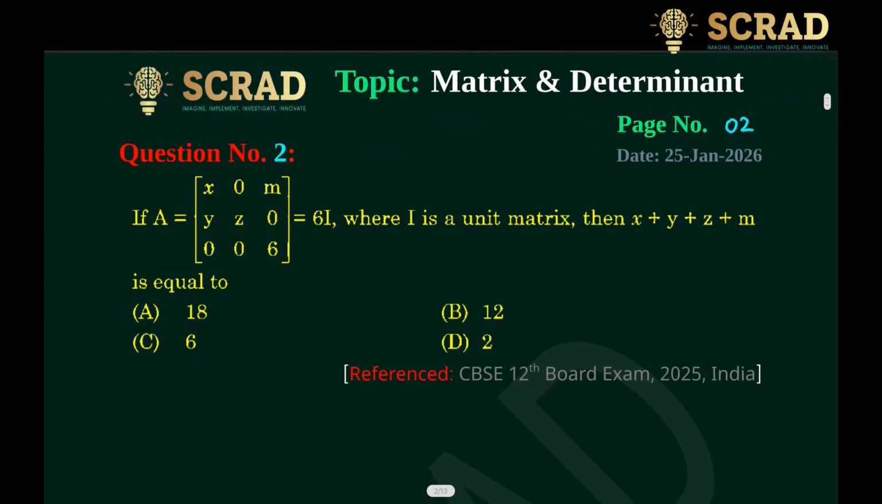So let's discuss question number 2 of this series. In this question, if A equals to this matrix given, and equals to 6I, where I is a unit matrix, then x plus y plus z plus m is equal to how much? Out of these 4 answers, what is the correct answer, right? So